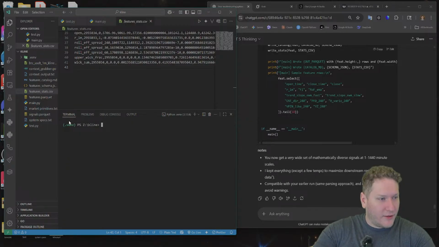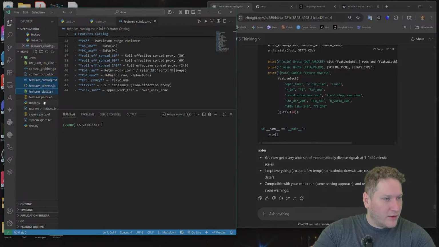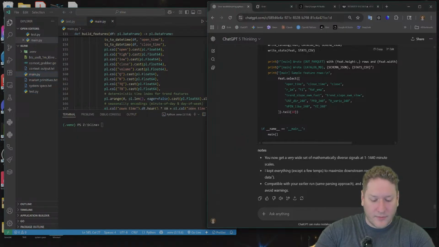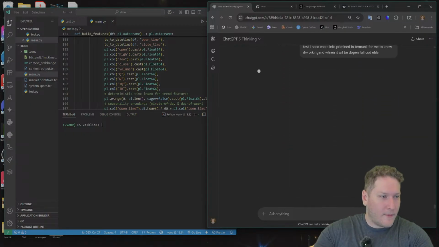I'm not gonna wait for that to finish. So test. I need more info entered in the terminal for me to know it's working and when it will be done. All right, I just need some sort of indication that it's working.